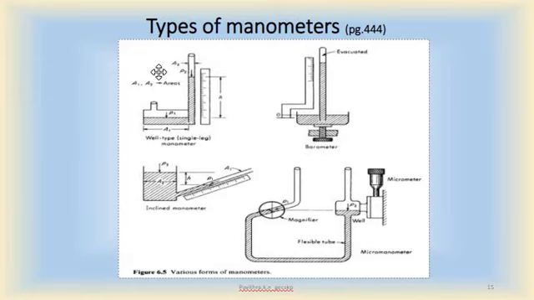So from this figure you can see there is only a single leg, which is an elongated tube here, whereas in U-tube manometer there were two elongated legs. So here in this type we need to note down the reading of only the single leg. This is also known as cistern type manometer and well type manometer. Well means this portion, and the area of this well is made very large compared to this long tube.